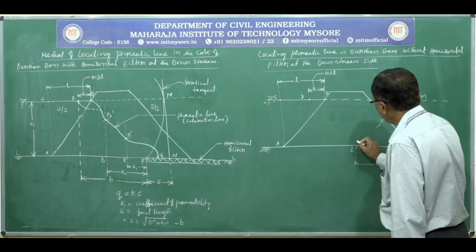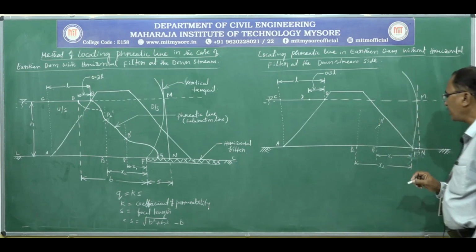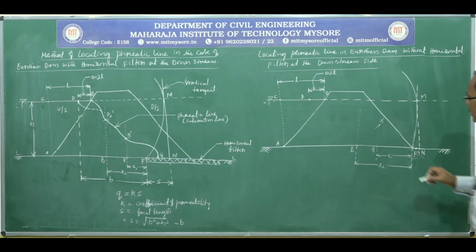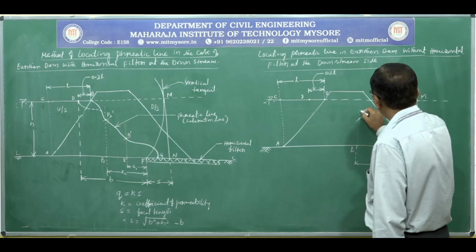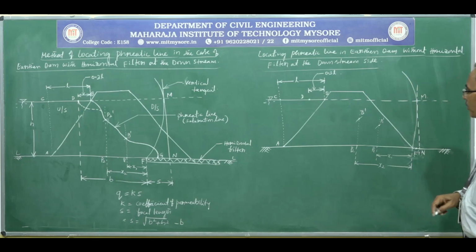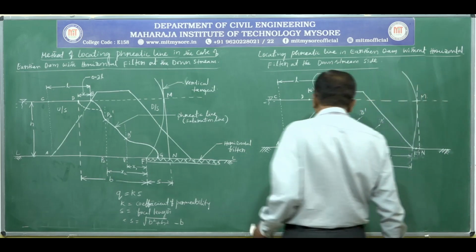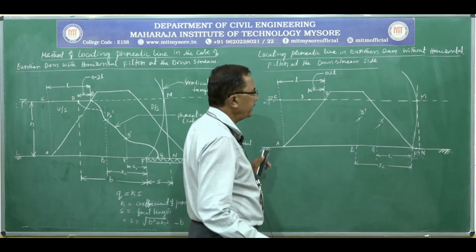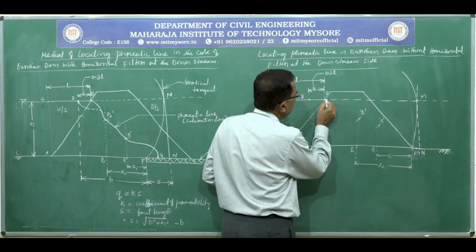And draw up a perpendicular and extend the line in the upward direction. With F as center, FP2 as radius, cut another arc. So this is the second intermediate point of the phreatic line. Next, complete the phreatic line. To draw a phreatic line, the phreatic line should commence at point B, not at point D. So as the actual commencing point of phreatic line is B,